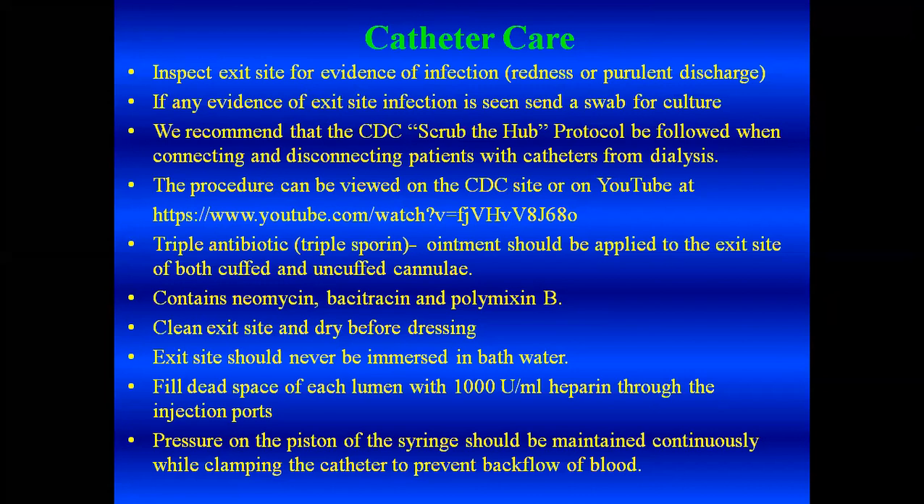They come from the municipal water and from our treated water, so it may be better to use a neomycin bacitracin polymyxin B ointment, which is more active against gram negative organisms than mupirocin, which is active against Staphylococcus aureus. Importantly, when filling the catheter with the anticoagulant, give continuous pressure on the piston of the syringe until the clamp is applied, so that blood does not flow back into the catheter